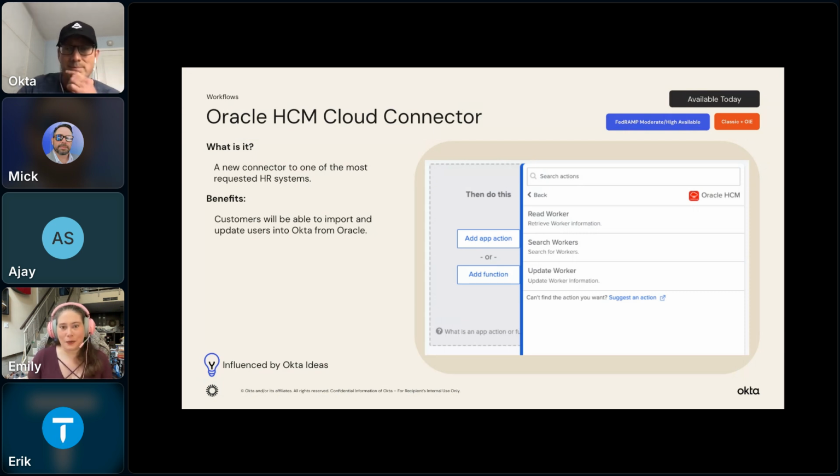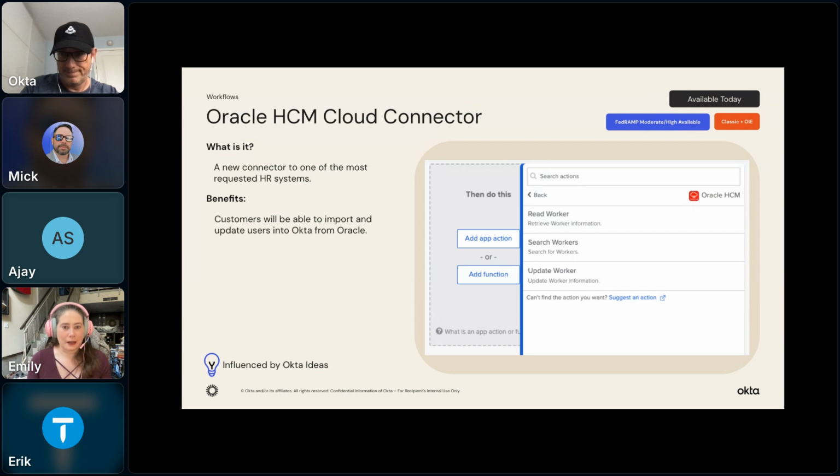I want to start off with some things that are available today. First up is the Oracle HCM Cloud Connector. We've made a conscious effort to spend more on building out some of our HR integrations.